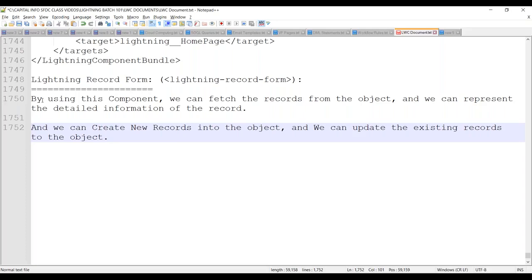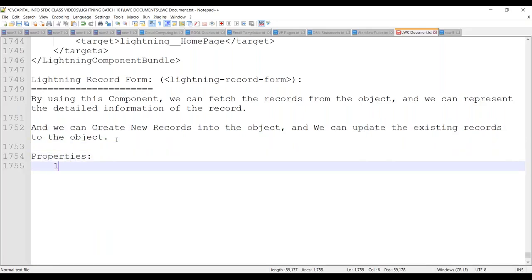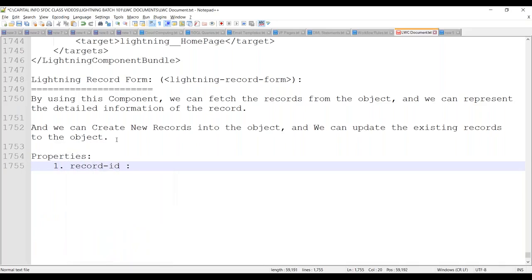Now, what are the various properties available as part of this Lightning record form? Let's see. First one, record ID property. Okay, record ID property over here. So now we have to supply